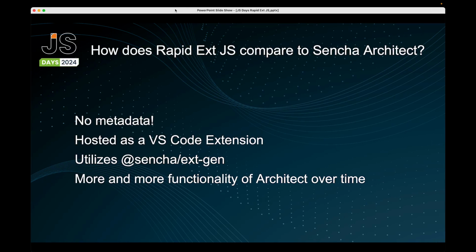XGen is an NPM sourced tool that brings in the power of the Node Package Manager, utilizes Webpack to do bundling. It is available as a standalone command line tool, but with Rapid Ext JS, you are able to utilize the functionality of XGen right within